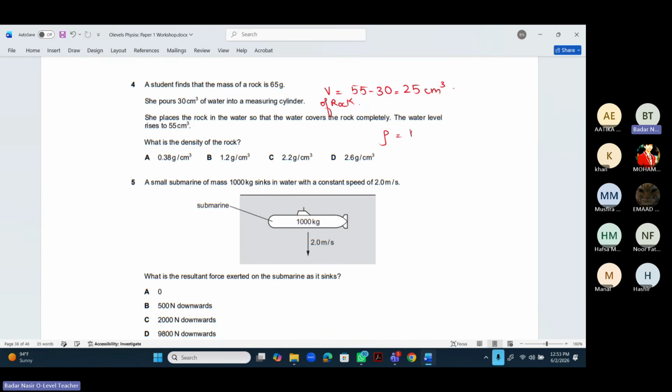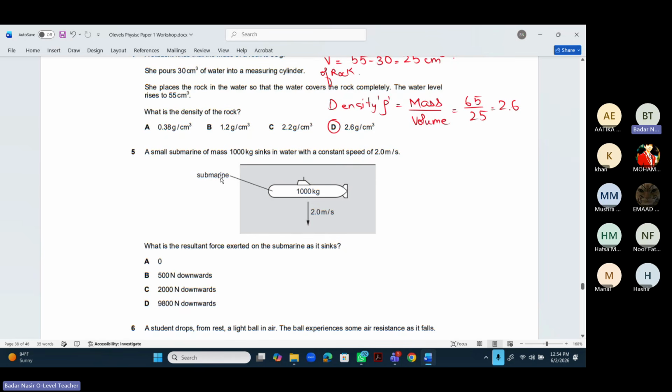Density होती है mass over volume. So this is your density, denoted with rho. Mass is 65 divided by 25. So 65 divided by 25, we get 2.6. So 2.6 ग्राम पर cm क्यूब आ गया. अब क्योंकि उसने ग्राम और cm क्यूब में रखा हुआ था, इसलिए मैंने यूनिट्स